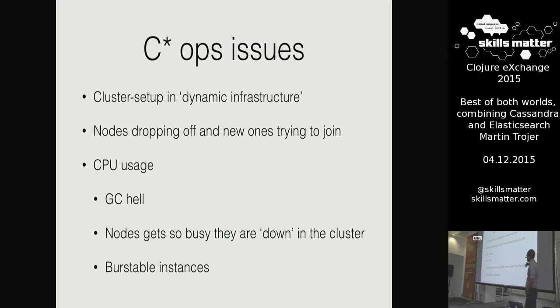So joining was hard, finding the right heap, giving it more heap didn't really work, giving it more CPU kind of worked, but then your cluster is now so expensive, it makes no sense anymore. And we did all kinds of mistakes, like too small heap, too big heap. We were on burstable instances. This is now deep into AWS world. Don't use burstable instances for Cassandra, just don't. So we were trying to get all these goodies we wanted, but we also had, like I said, a backend on fire. So how do we get out of this?